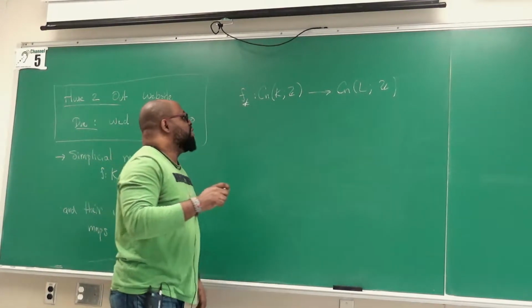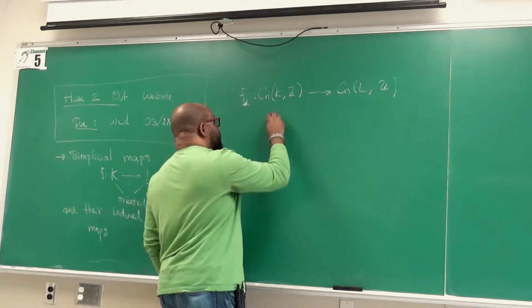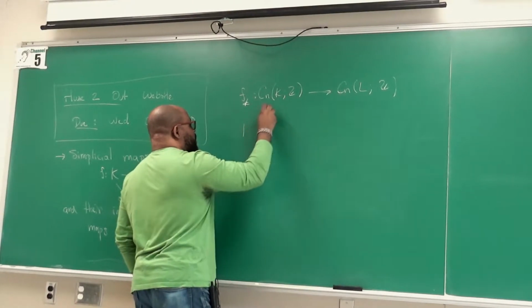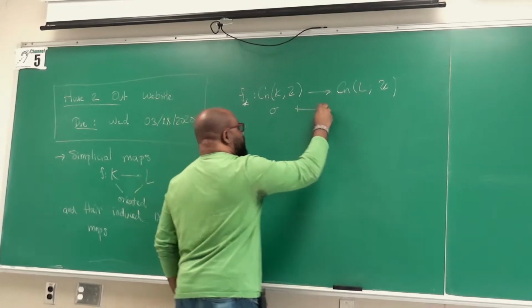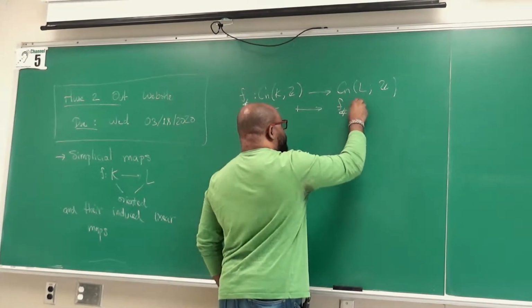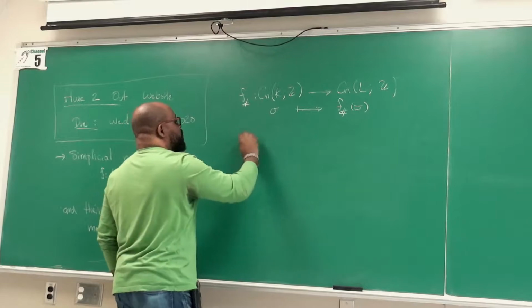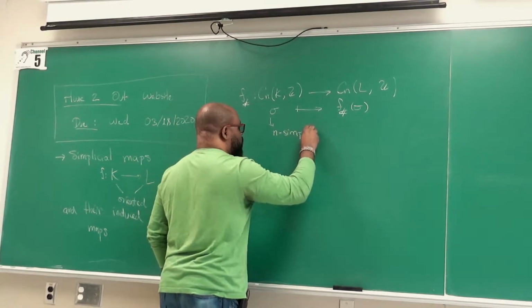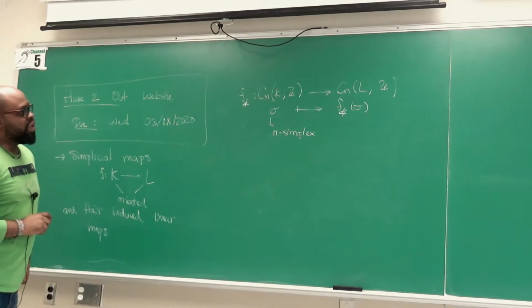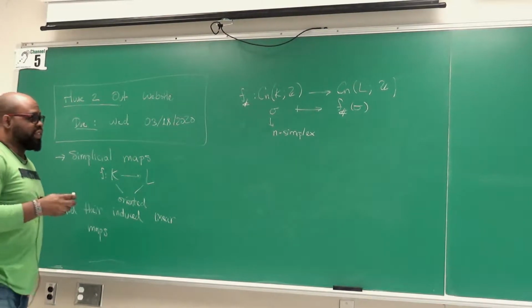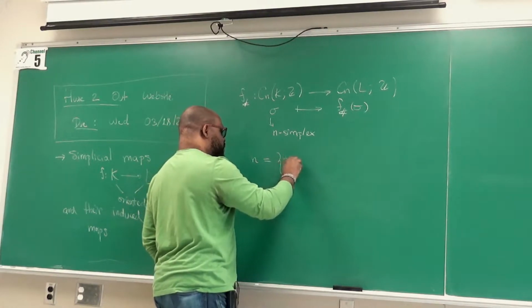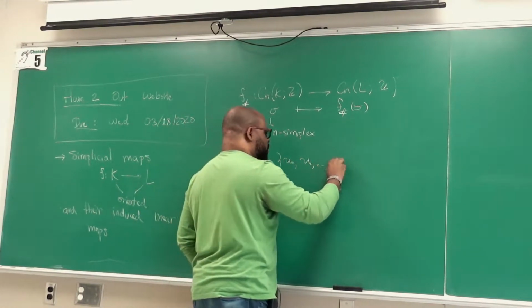So the sharps, the way we did it was, if we take sigma, you want to send sigma to F sharp of sigma, where this is an n simplex. So if sigma is, say, [u0, u1, all the way up to un],